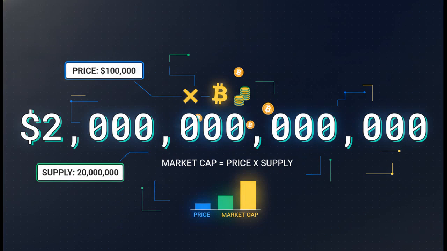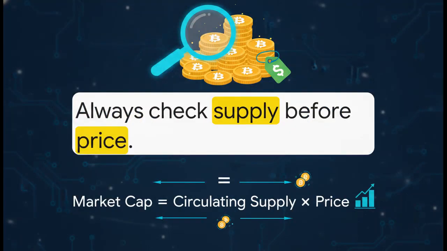And this right here perfectly illustrates why supply matters every bit as much as the individual price. That $2 trillion figure, that is the true measure of Bitcoin's total value in the market. It tells you what the entire project is worth, not just what it costs to grab one single coin. So, the golden rule to remember here is supply before price. The pros, the experienced investors, they have this burned into their brains. They always check the circulating supply before they ever dare to judge a coin as being cheap or expensive. Remember, a really high price with a tiny supply can actually be a much smaller project overall than a cheap coin floating in an absolute ocean of supply.